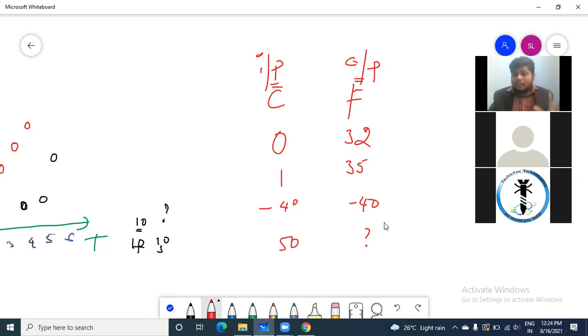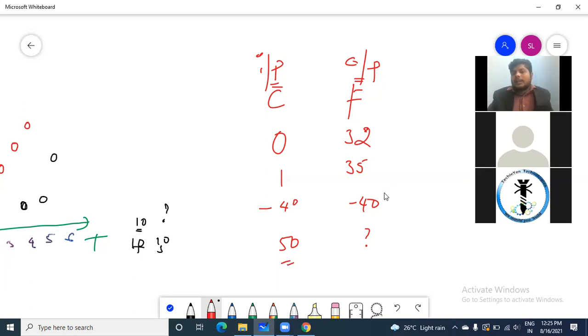Now I can create, if you are giving me enough data, I'll be able to figure out and tell you which player is going to play well, or which team is going to win in the next IPL match, or which country is going to win in a particular athletic match. Because this is what data is. If you have a proper number of inputs, I'll be able to generate future data also. So that is what future 50 degrees is. In future, I'm getting 50 degrees.